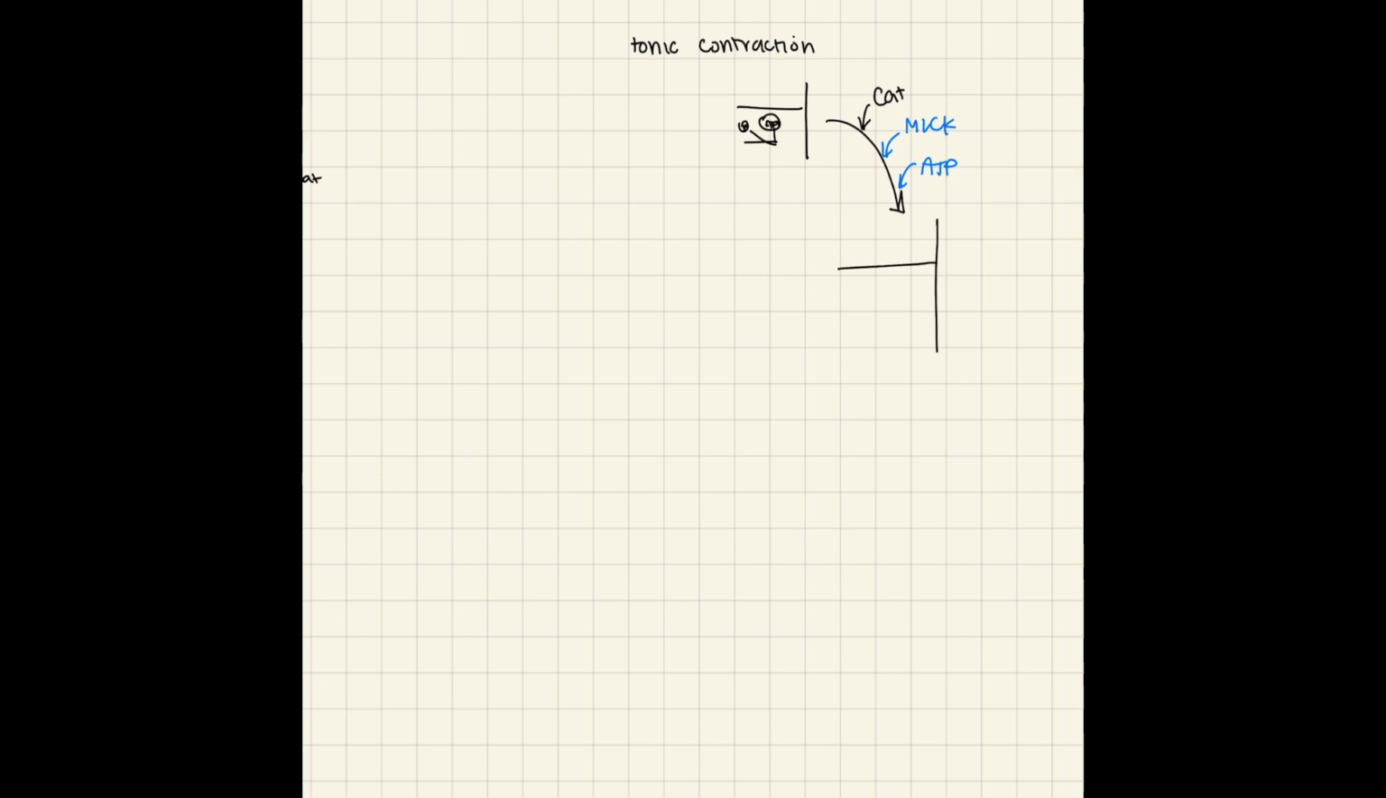We have the second step where myosin has bound. We have a phosphate. We have another phosphate. And this is where it differs, because right here, in a tonic contraction, MLCP enters. And so a phosphate leaves in addition to your other phosphate leaving and the ADP leaving. So then we have